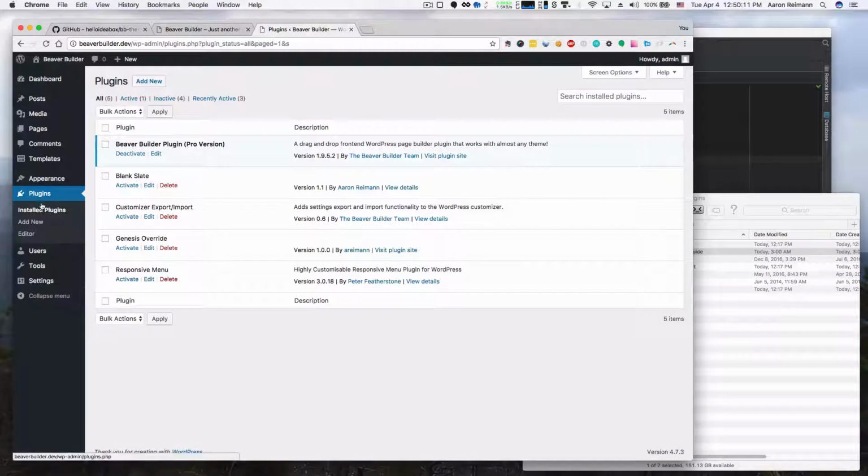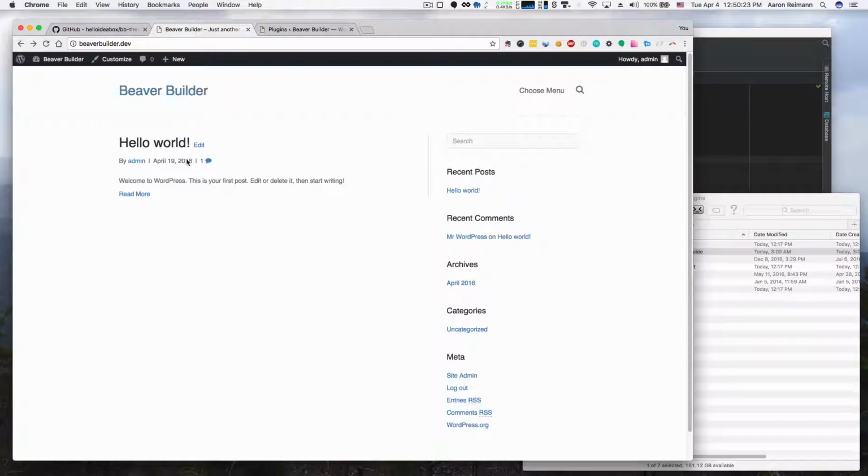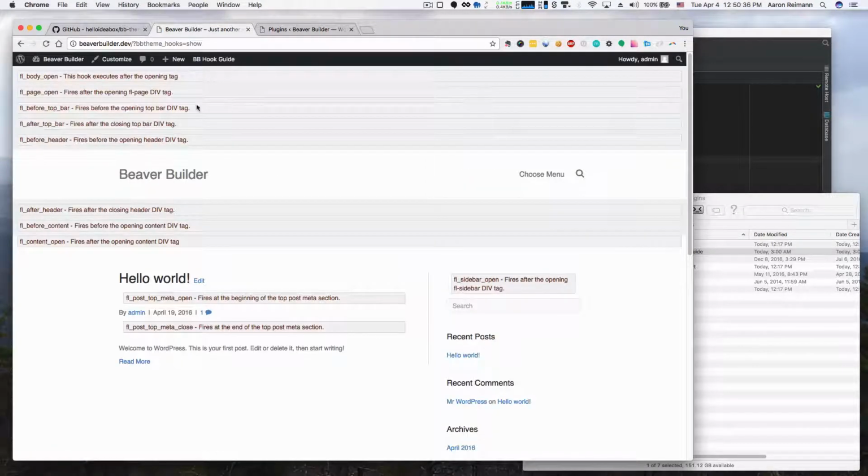And I go over here and look at my installed plugins. I should have this theme visual hook guide. I'm going to activate it. I'm going to go to the front end, and nothing is going to look different except this. So we can basically display our action hooks. It shows you where they are